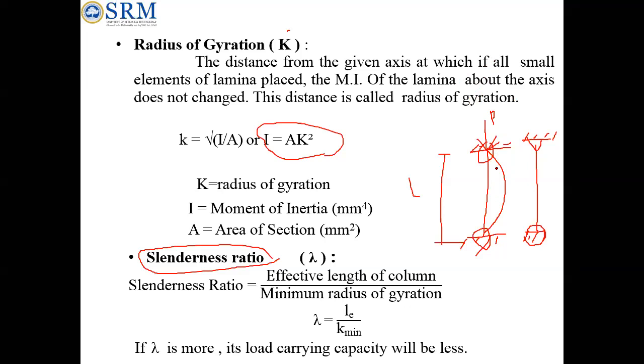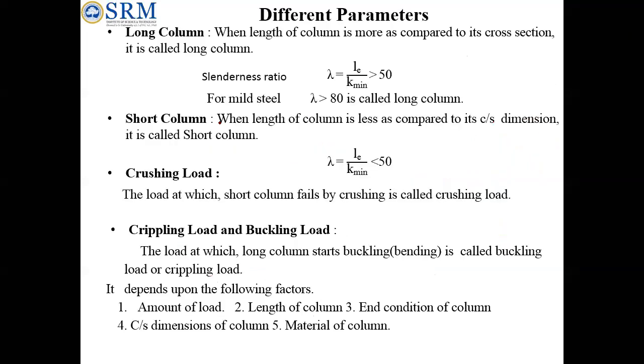So when we want to include the effect of the buckling, we take the effective length of the column. That will vary depending upon the end constraint. That's what I'm trying to say here. Like I said, we have three types in general: long column, medium column, and short column. Medium and long columns are combined in general here. And a short column will fail mainly due to a crushing load, due to compression load alone.